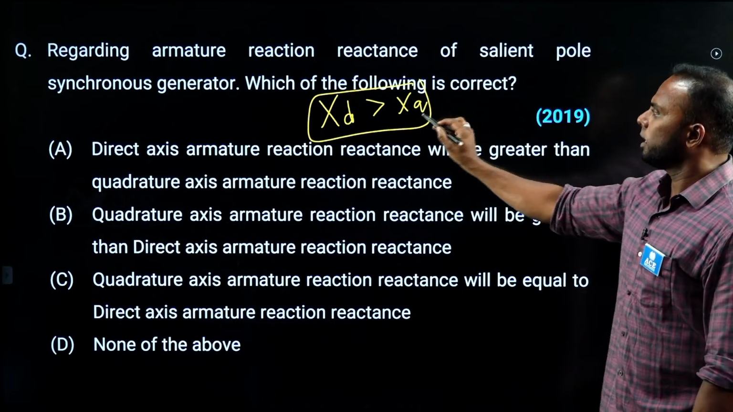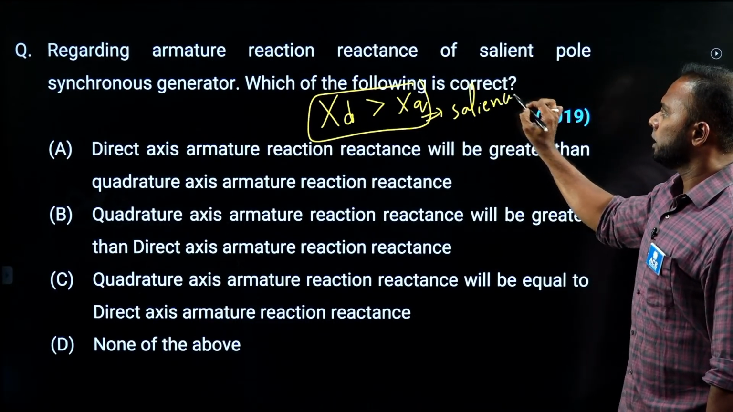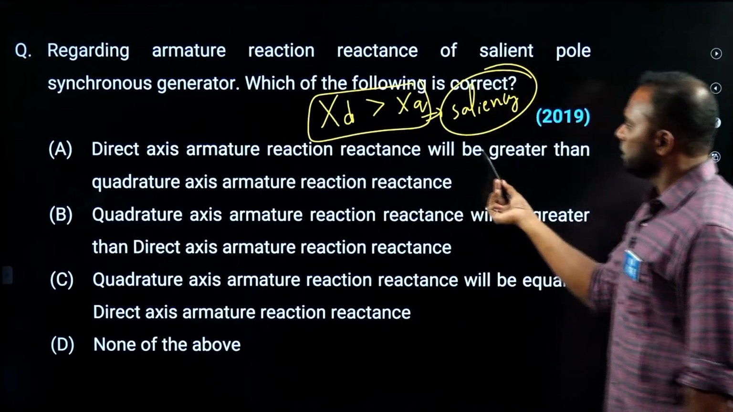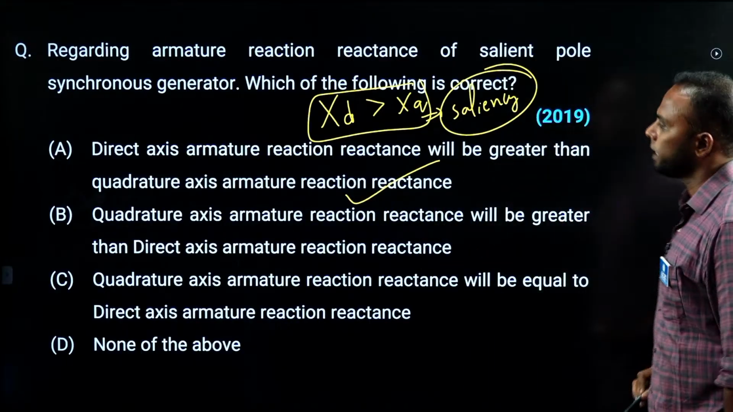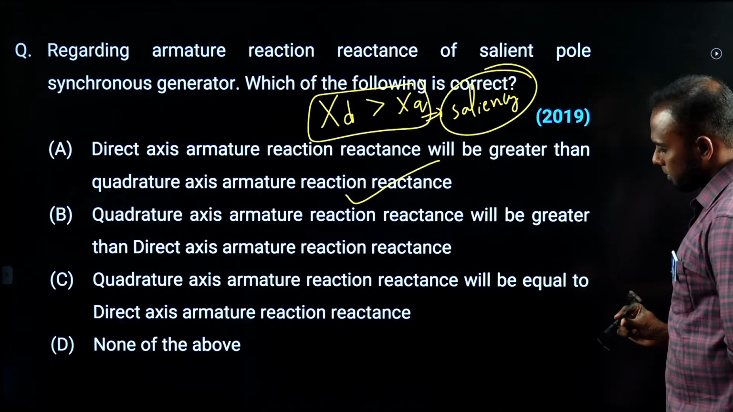XD is greater than XQ, and the difference of these two reactances we call salience, you know. So direct axis armature reactance will be greater than quadrature axis armature reactance. Option A, XD greater than XQ it is. Next,